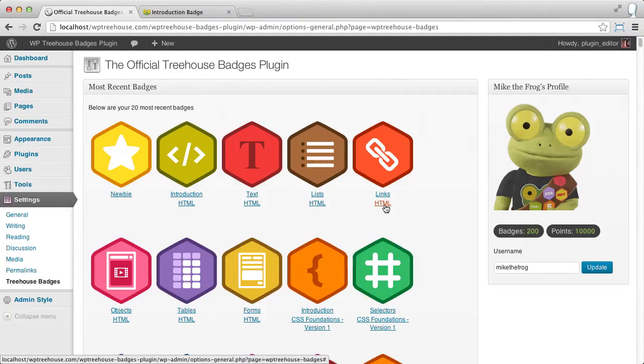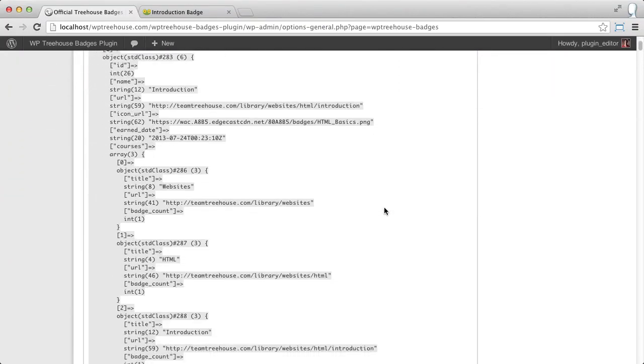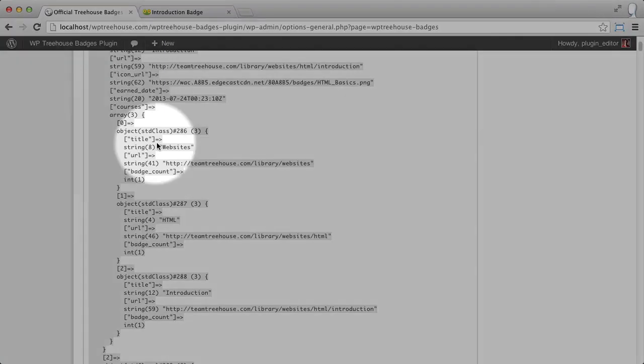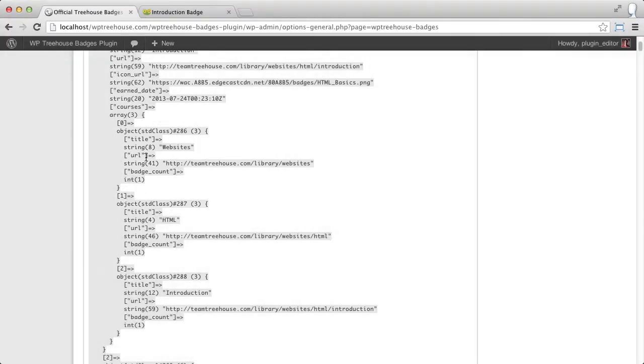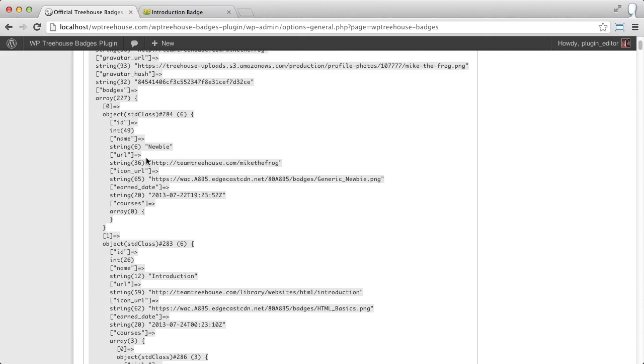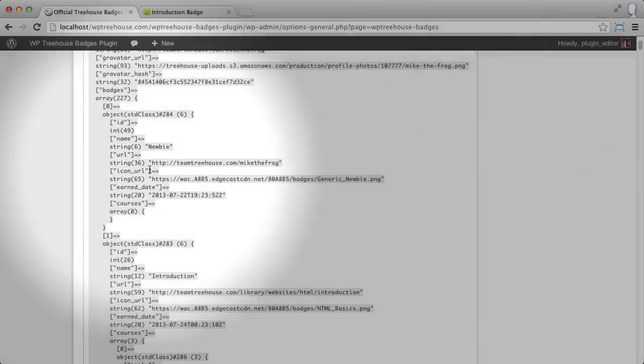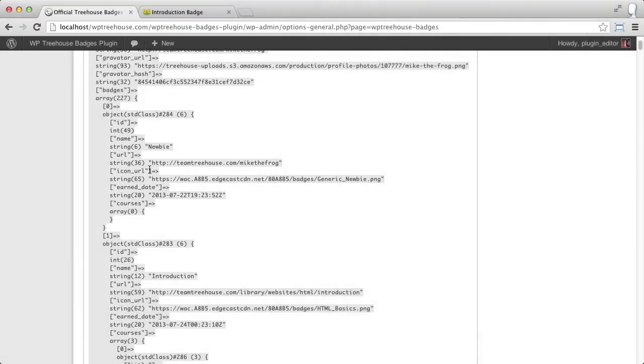Let's move on to looking at how to create links to the proper pages for these. We could see that under Courses, as well as having a title, we also have a URL. However, we also know that because this first badge here has no courses associated with it, we have nowhere to link to. We could also see that the URL for this particular badge is set to the URL for their profile. It wouldn't make much sense for them to click on this badge and go to their profile, so